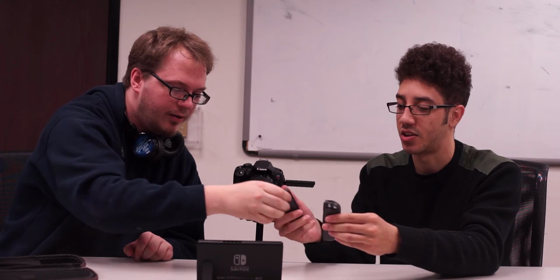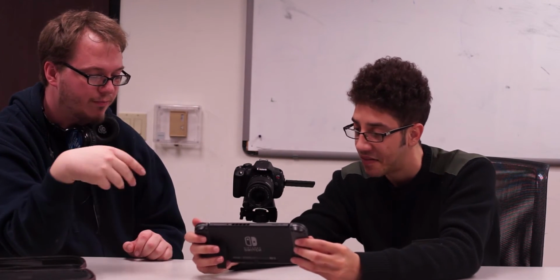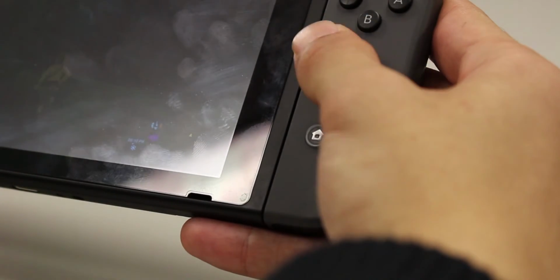So let's actually take it out of this and go into handheld mode. All right, so for these, you just slide it right in. Hold on. Is it at the same time? No, just do it. And then it does a little sound. Okay, now just hold it. You can put the kickstand back in, and see, it just seamlessly goes into the other